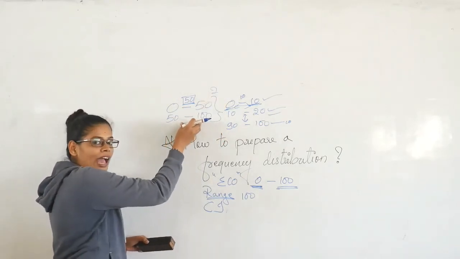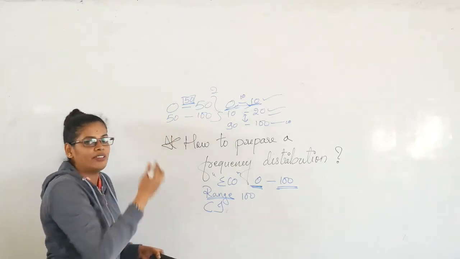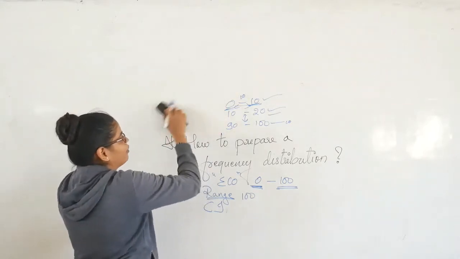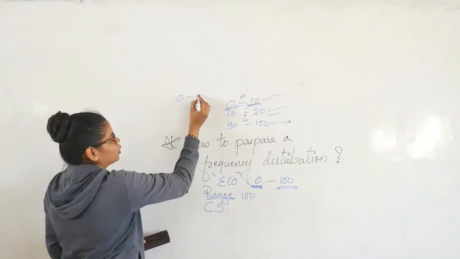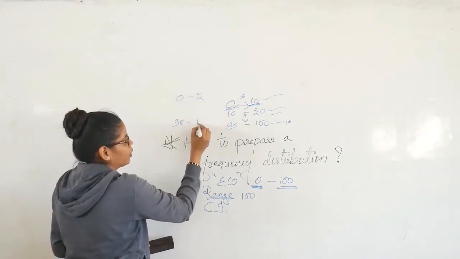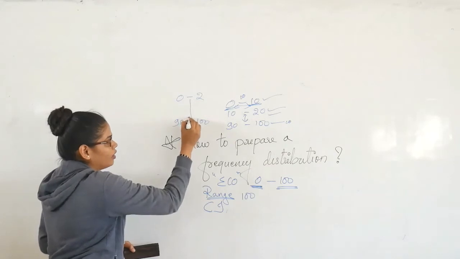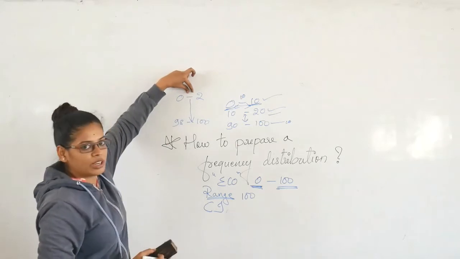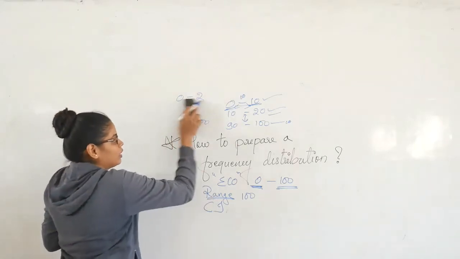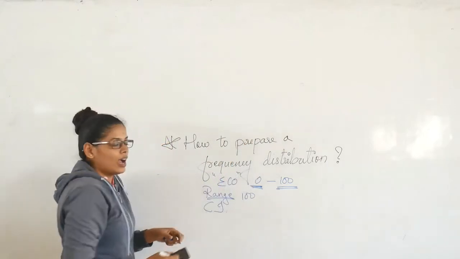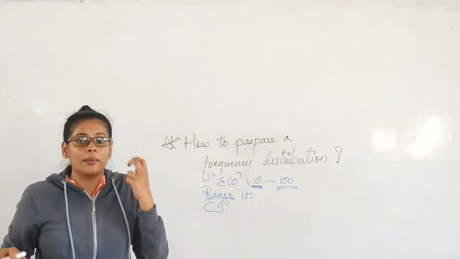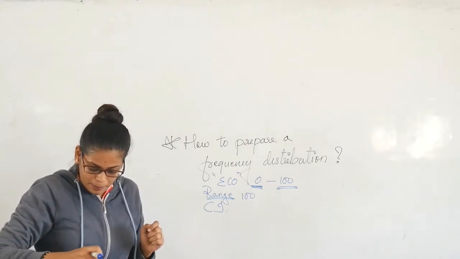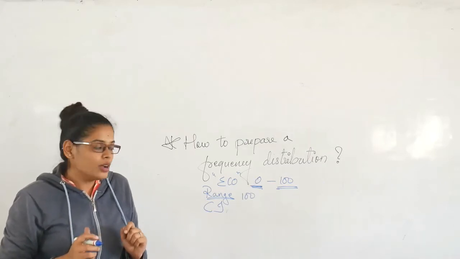If you have this kind of class interval, there is a chance of you missing out numbers, right? And if you have made a very small range, for example 0 to 2, and it goes up to 98 to 100, you have a lot more class intervals when you have a small range. So looking at that, we have to decide how many class intervals, or number of classes, we have to make. That's also one of the big important points which we need to consider.